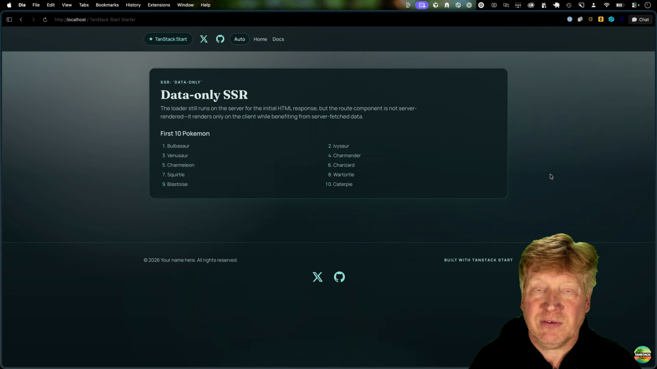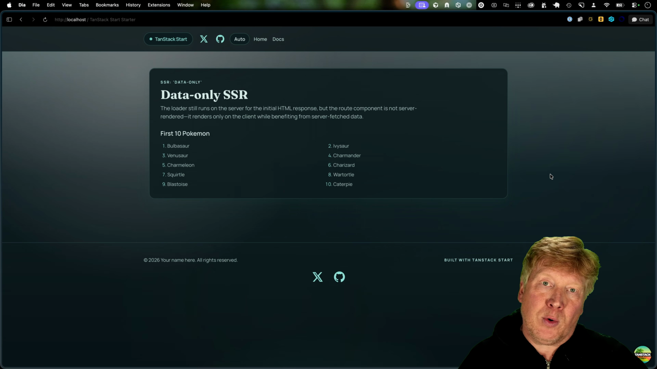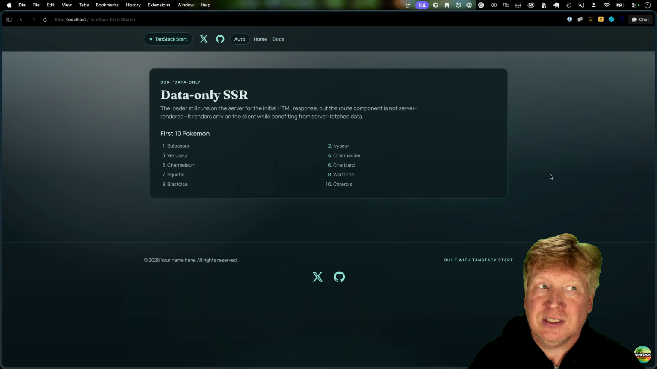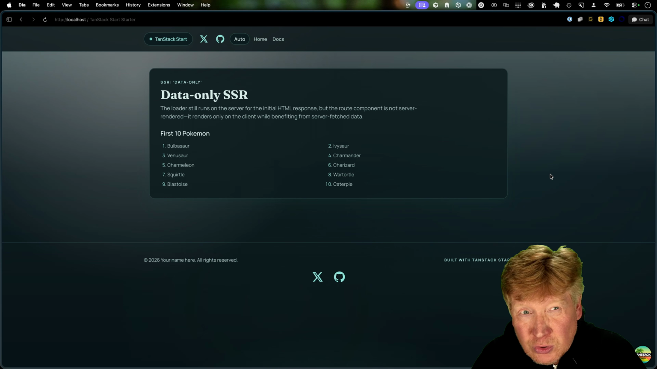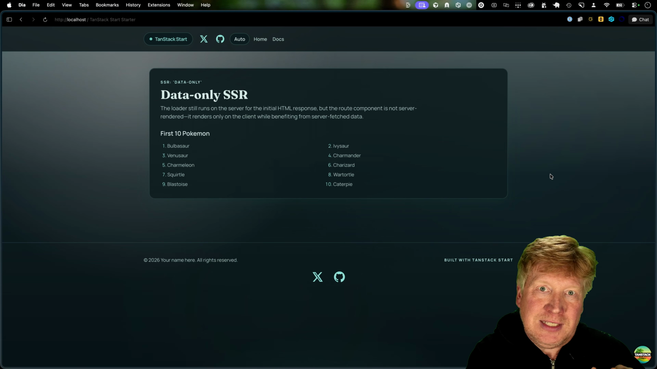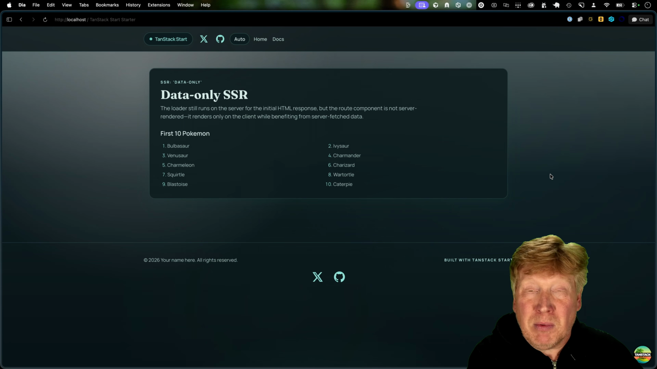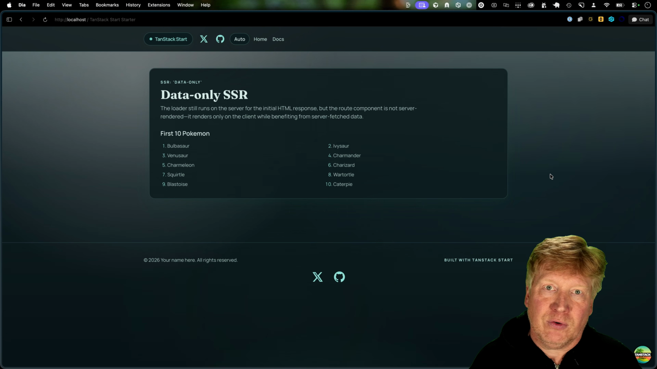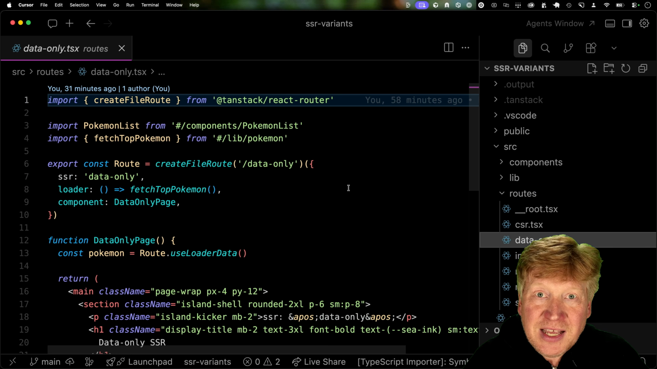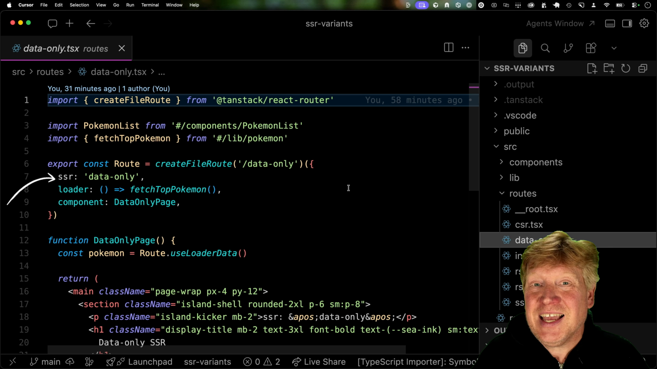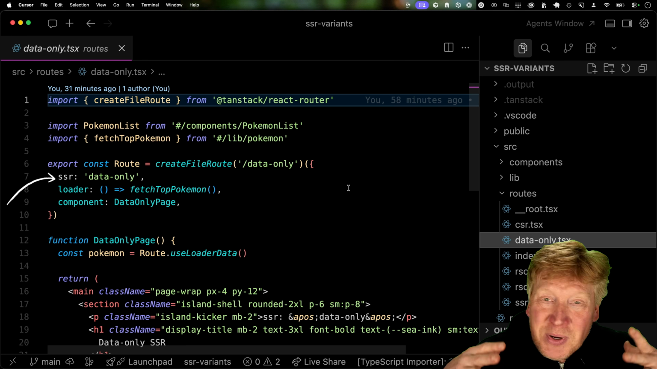Again, super handy for something like a dashboard where you don't want to go and CDN cache the contents of the page, but you do want to get data off the server, probably more securely than off the client, and then pass it down to the client for render. So let's take a look at the code for this. Again, exactly as we had before, but in this case, we're just saying SSR data only, but it's exactly the